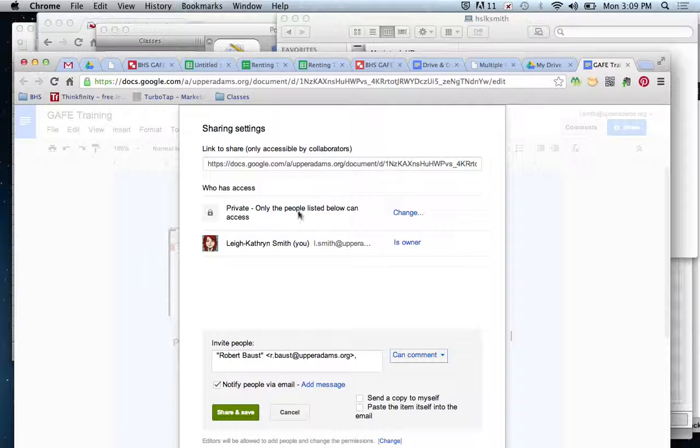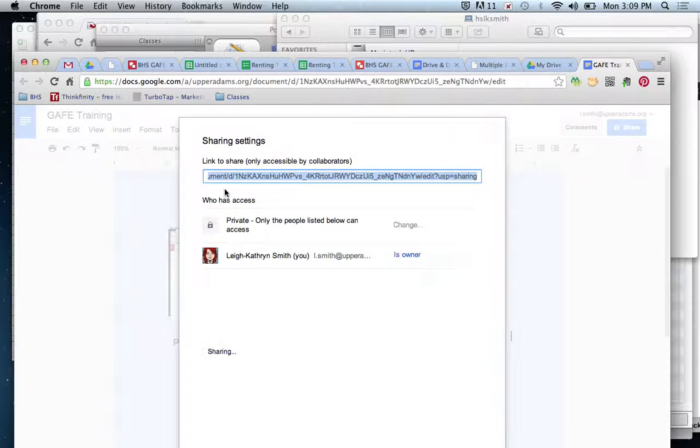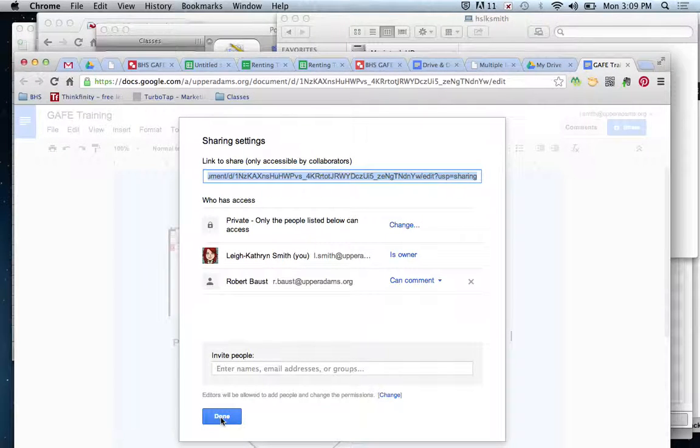And then if you don't want to get emails from every student, if you're sharing this with them, or if they're doing documents and sharing it with you, don't notify me by email, otherwise you get an email from every student. If you're fine with that, then you're fine with that. And then I can click share and save, and Rob should now, after I click on OK and then on